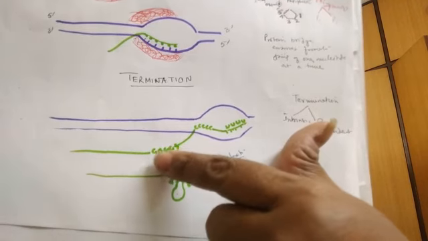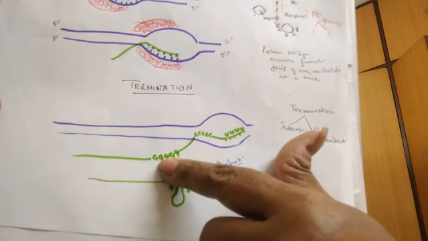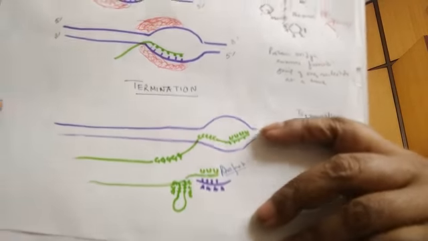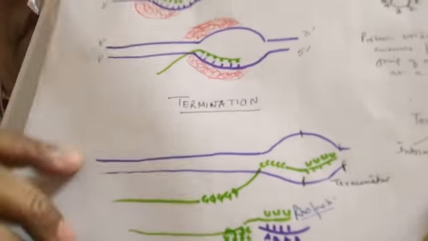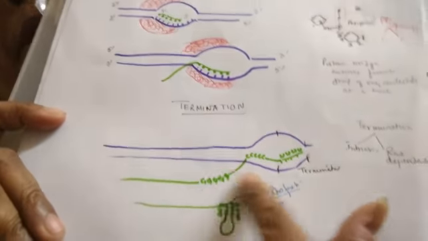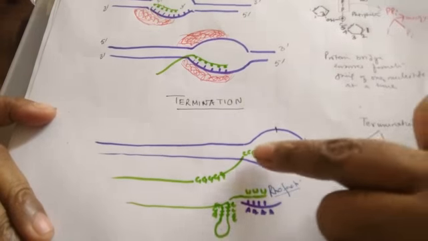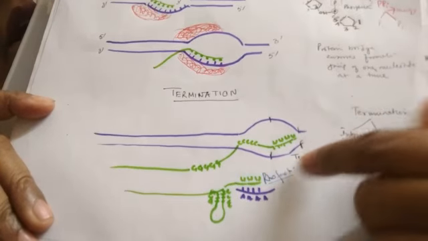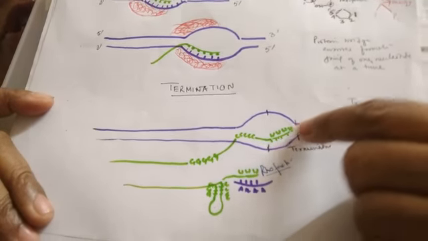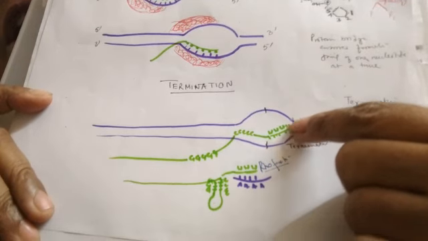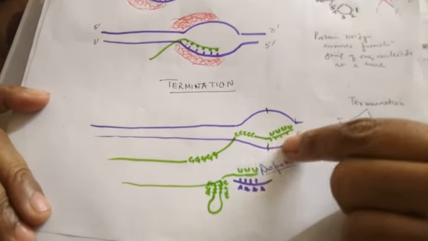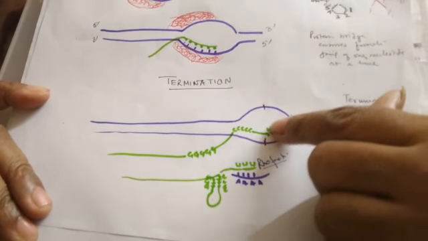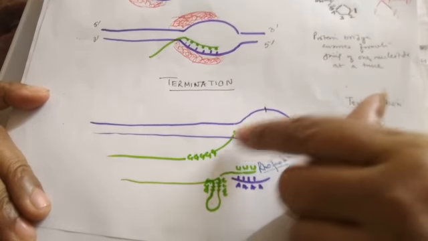As well as that, the DNA strand itself contains a region which is very rich in C. Clear? So this is the region which is very rich in cytosine. So the rho factor separates the newly formed strand and RNA polymerase also, and you can see here the terminator. In this termination region there is a stretch very rich in adenine in DNA and uracil in RNA. So complementary will be uracil. So the RNA is rich in uracil.